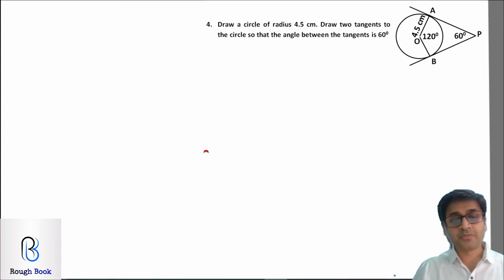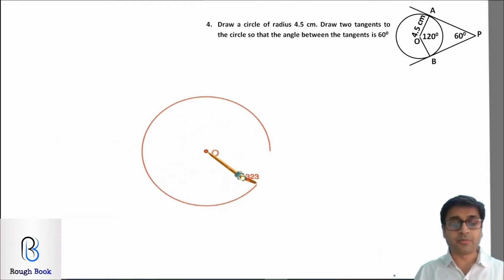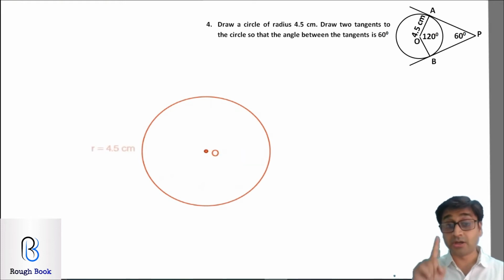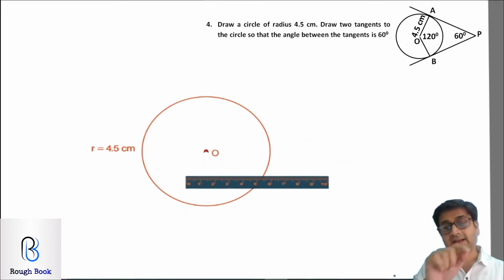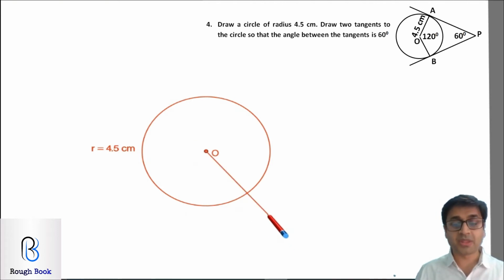So here you go. Fixing point O and constructing a circle of radius 4.5. I hope you are going with me, or maybe pause the video and trying on your own, but no copying please. Now keep your pencil on point O and construct a random line anywhere. Wherever it hits the circle, let's name it as point B. We know that AOB is 120. So taking OB as your base, construct 120 degrees.